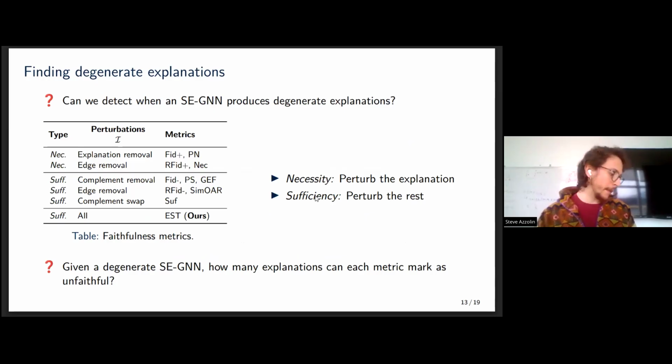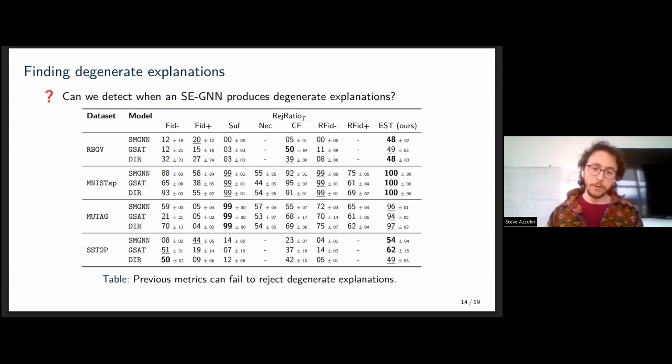The main difference between our metric and the previous ones is that we make no assumption about the distribution over perturbations. The problem of previous metrics is that each one picks a specific distribution over perturbations, and this immediately makes the metric invariant to all the other possible perturbations. By not relying on a specific set of perturbations, we managed to achieve much more robust results, and also to prove some theoretical guarantees regarding which explanations are marked as unfaithful. This theoretical analysis was not reported in the slides for the sake of time, but you can find it in the paper if you're interested.